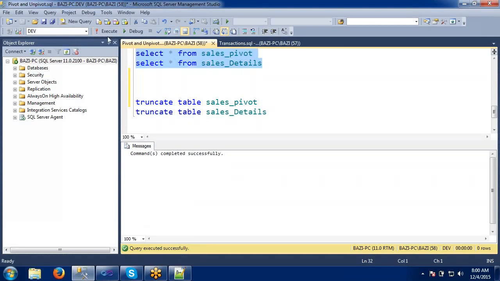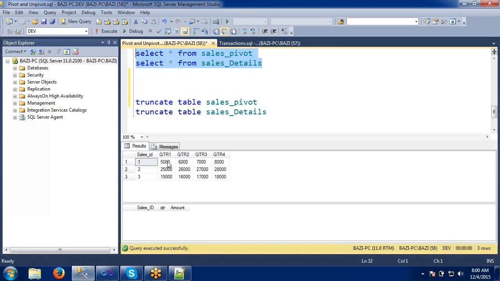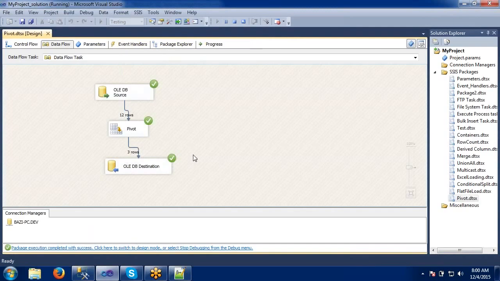let's check it here once again. So when I do the unpivot, these values should be converted again as rows. When we did the pivot, the 12 rows were converted into 3 rows. When we are doing the unpivot, these 3 values should be converted into 12 records, right? The same thing, I am just doing the reverse option. But here the only change is the source will be sales pivot and destination is sales detail, and the transformation is simply unpivot. Would you like to try from your side, or you want me to explain? Okay, I will give the options here. Just try from your side.